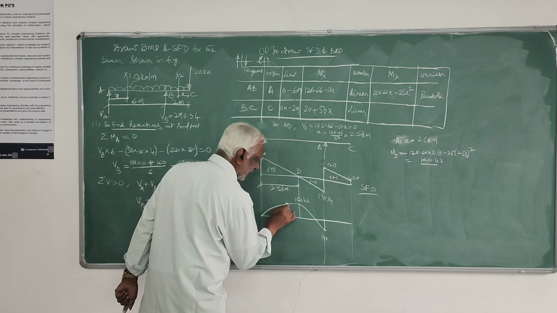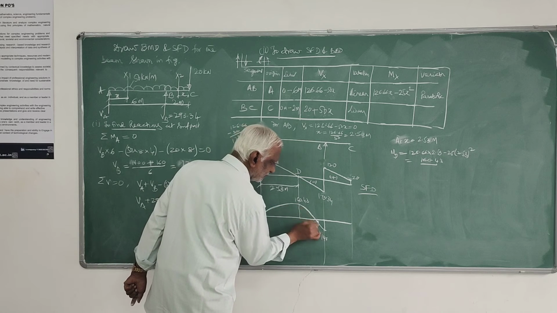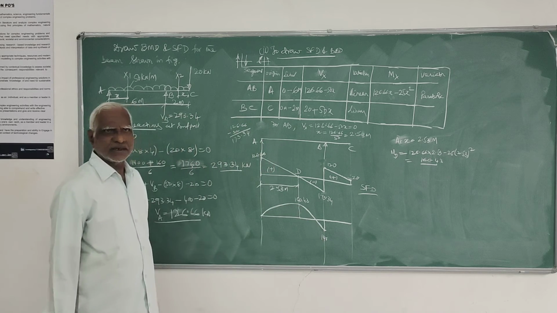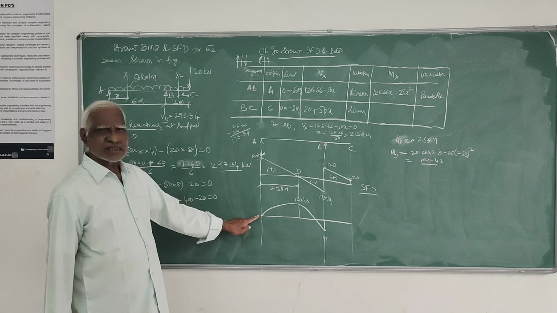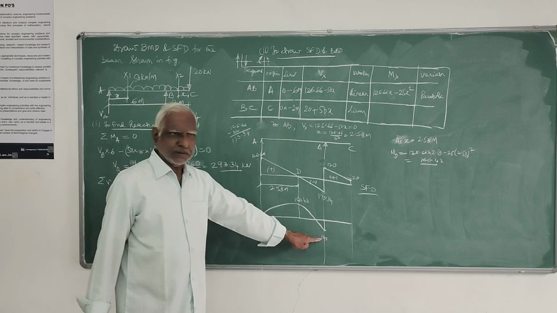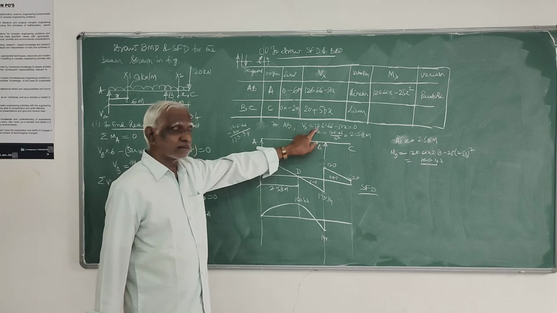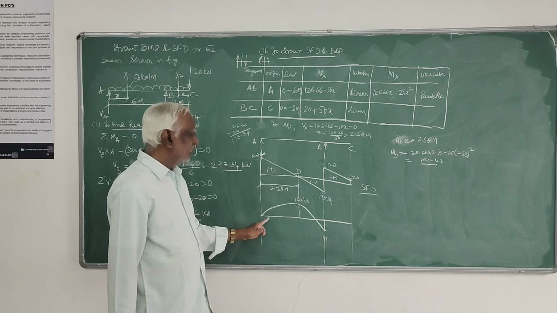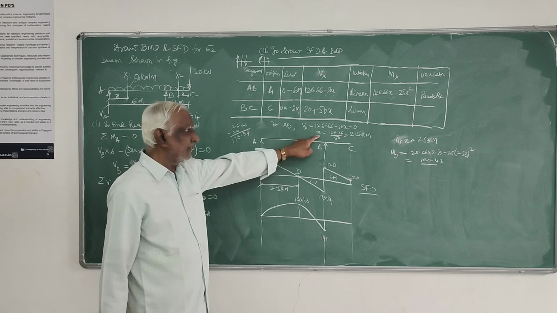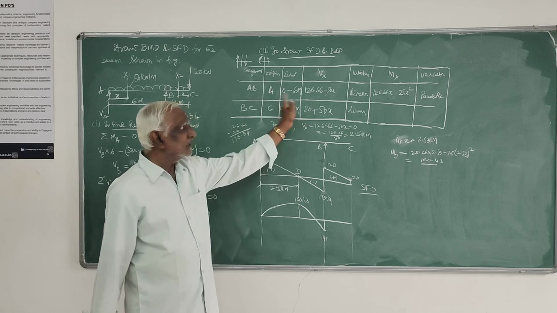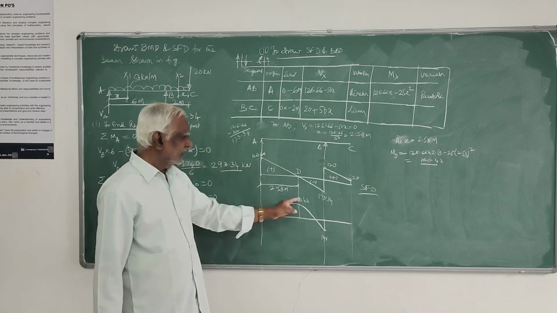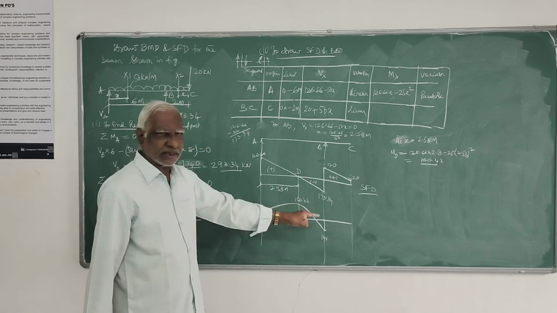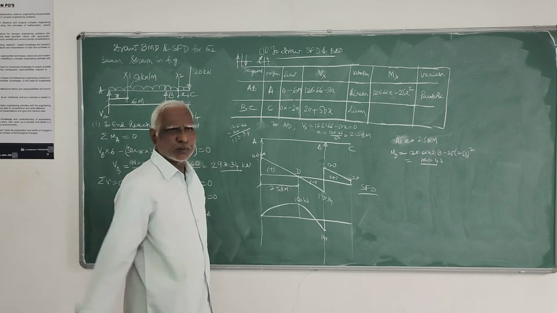This you have to be very careful. In the bending moment variation, here it is 0, here it is negative. So that's why I determined this at the beginning itself. In between, it has to be maximum. So that point I have determined in the same calculation. This is the variation of the bending moment diagram between A to B.